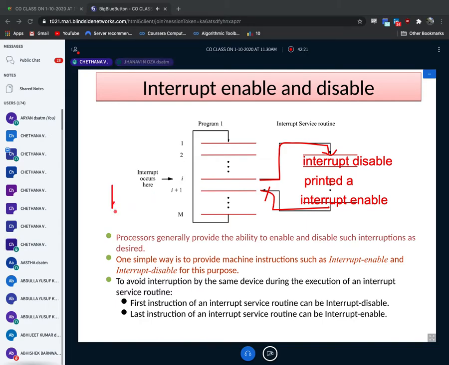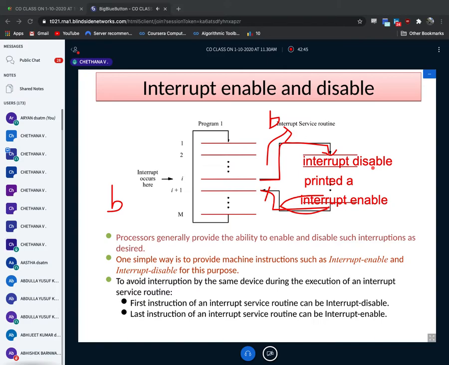B, printing B. So I'll just go here and see this. Is my printer enabled now? Yes, the printer is enabled now. So I can take my printer one more time. As soon as I go with my second sentence, print B, see here again, I will interrupt disable. I'll disable my printer. So what's the meaning of that? No one can use my printer now. If somebody wants my printer, they should wait for me. They can't get the device.